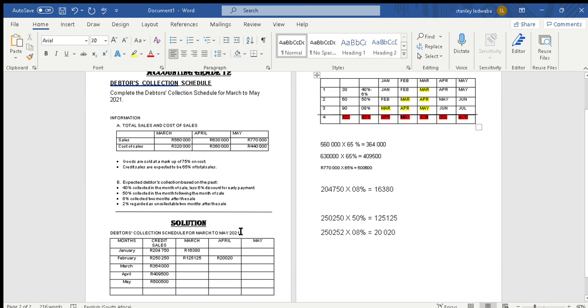Then we are going to check for credit sales for March, which is 364,000, right? Then we are going to take 364,000, then multiply by 40%, multiply by 94%. Where do I get this 94%? They said that we less 6%